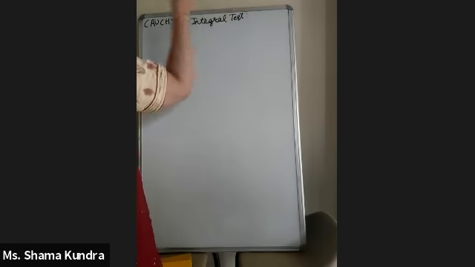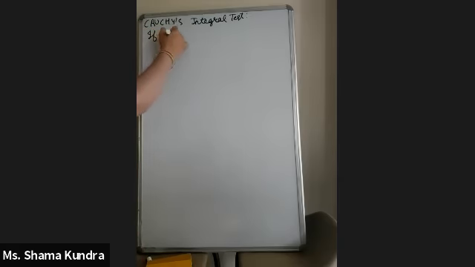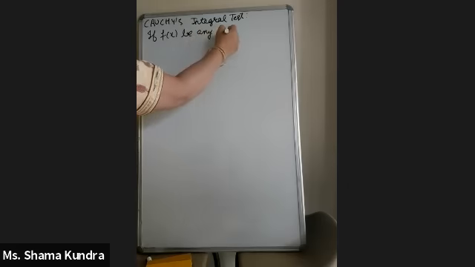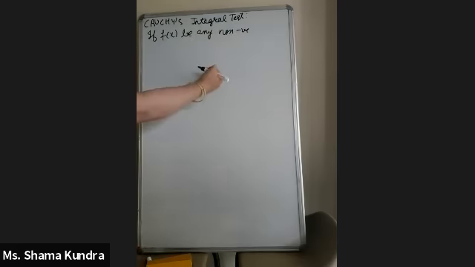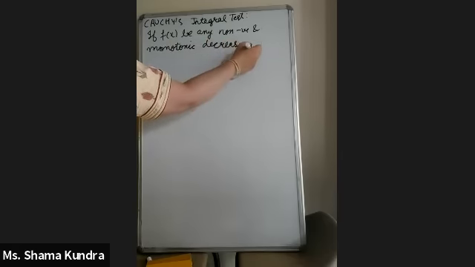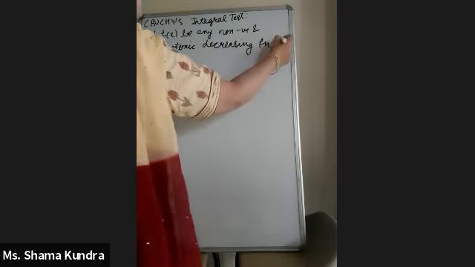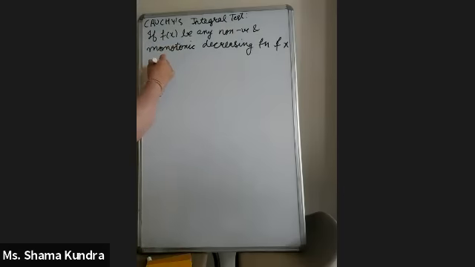We will discuss Cauchy's integral test. If f of x is any non-negative, non-negative means positive, and monotonic decreasing function of x, and un is f of n, then